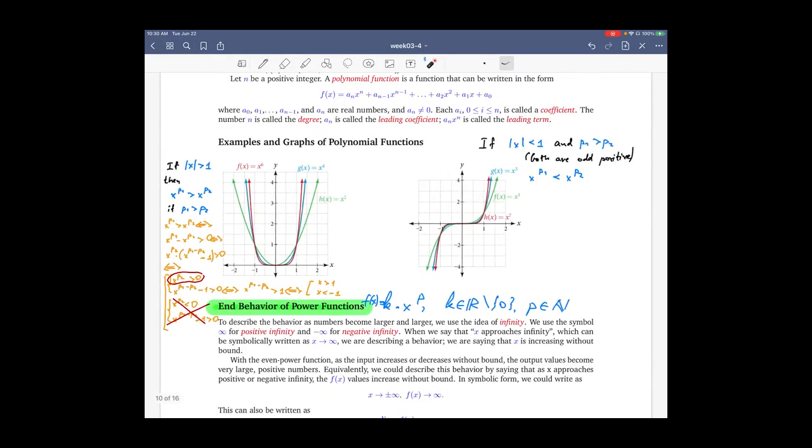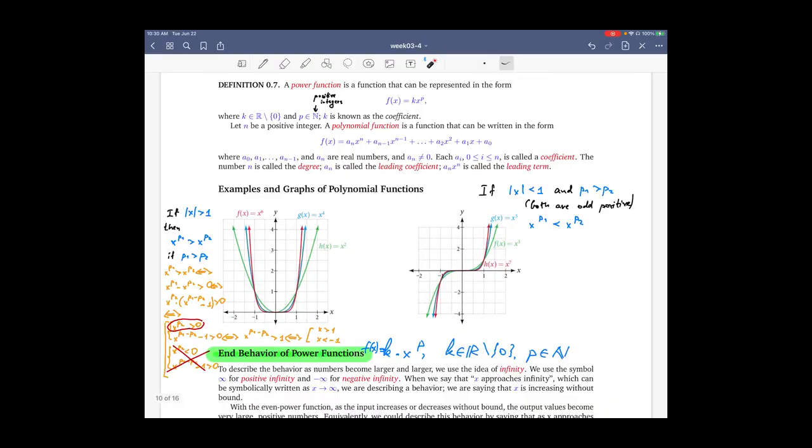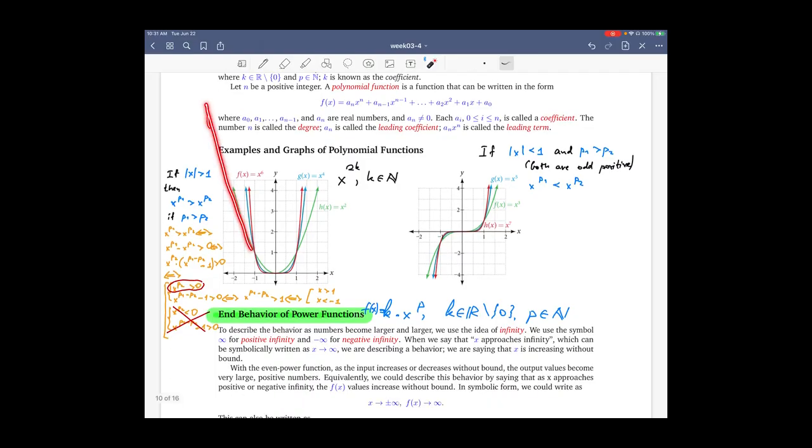So we can see from this picture that the functions of the form x to the power 2k, where k is a positive integer, namely x squared, x to the fourth, x to the sixth, x to the eighth, x to the 10th power, x to the 12th power, at infinity all behave in a very clear way. All of these are parabola-shaped graphs, and